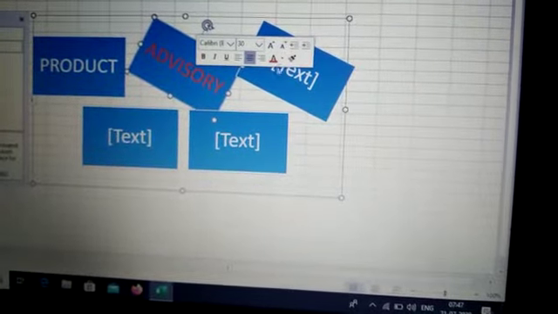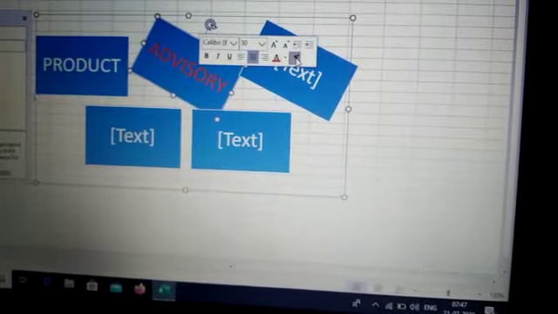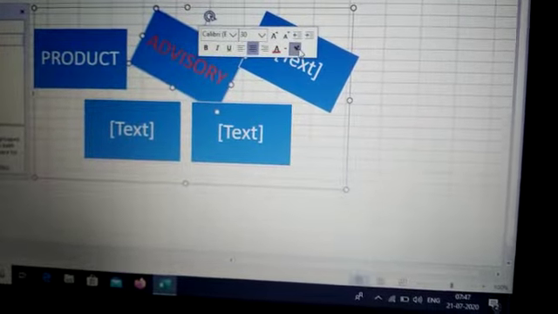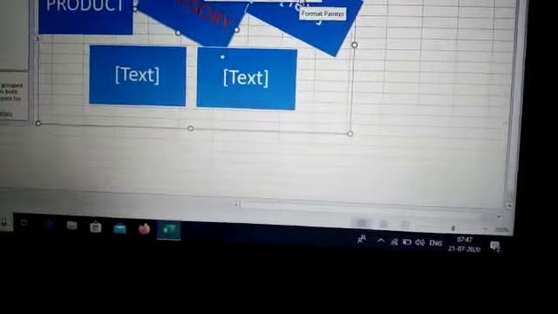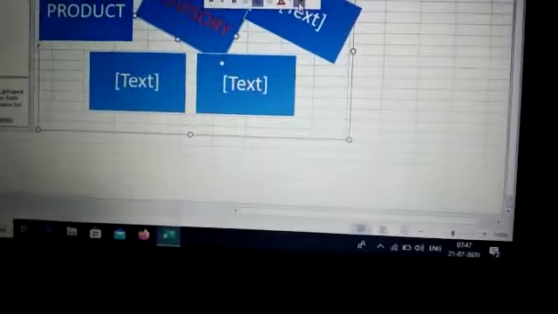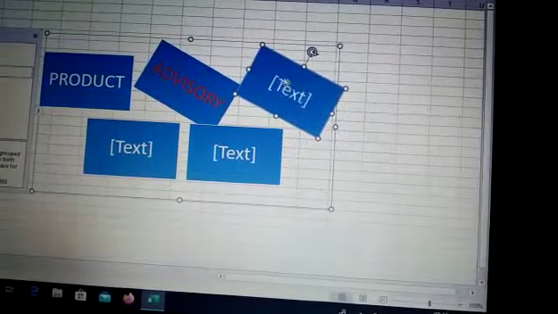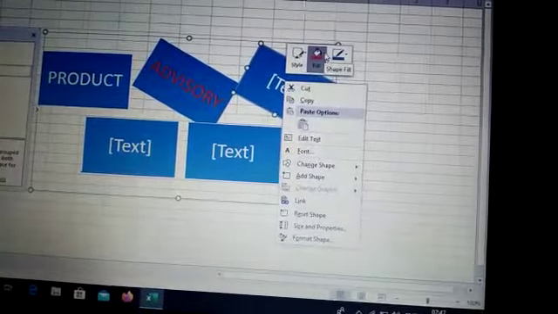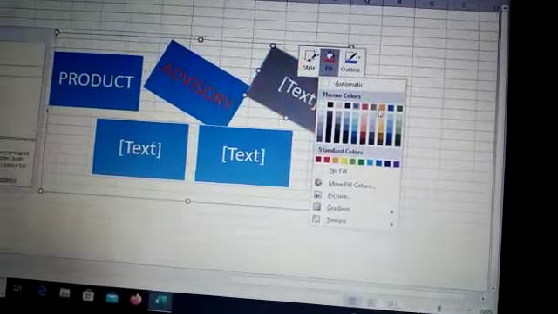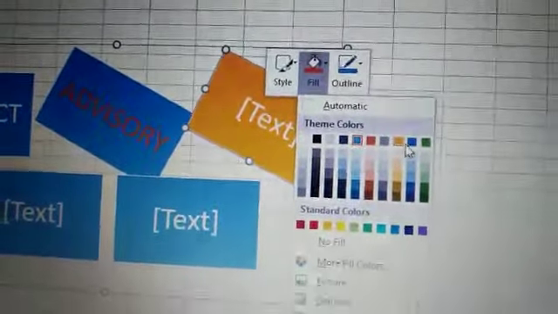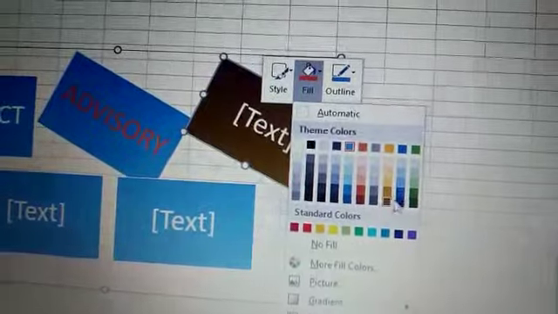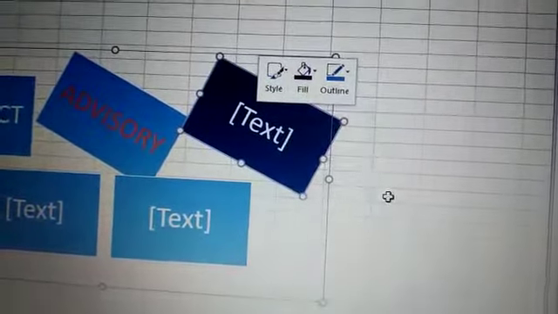Similarly, if I want to change the color of the box, so you can see whatever color we are clicking, with the help of that bucket, I'm just selecting that dark color.